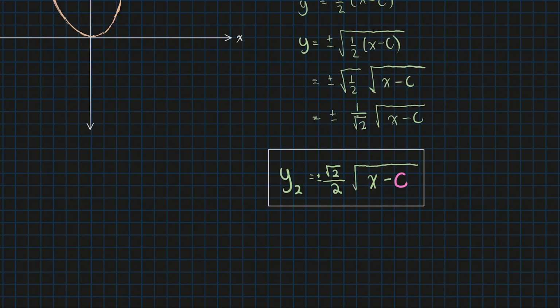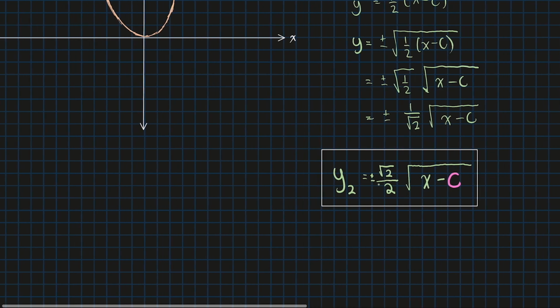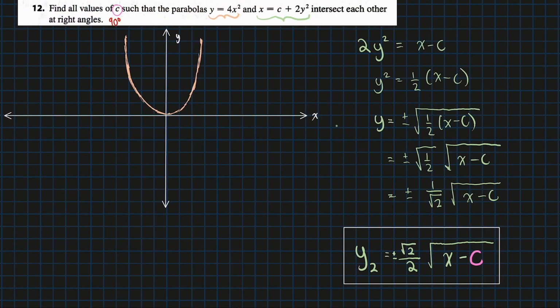Alright, so what is this function, y2 equals plus or minus the square root of 2 over 2 times the square root of x minus c? What does it look like on our xy plane? Well, we can see that the main component of this parabola here is really the square root of x. The square root of 2 over 2 is a vertical stretch factor. It'll stretch all our y coordinates of this parabola. And this c over here, since it's under the square root with this x, this c is the horizontal